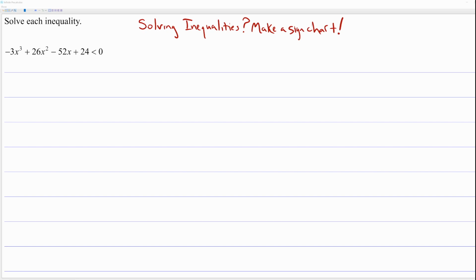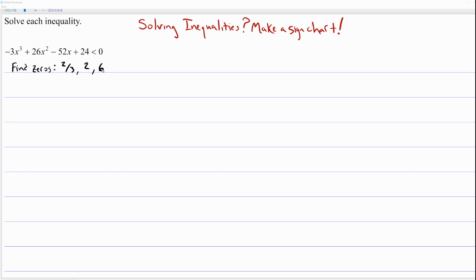Now, the first step in solving a polynomial inequality is to find the zeros. So that's what you need to do first. Now, this video would be way too long if we started from scratch to find the zeros. See some of my previous videos on finding the zeros of polynomials. So I cheated a little bit before pressing record, and I know the zeros of this polynomial are 2/3, 2,